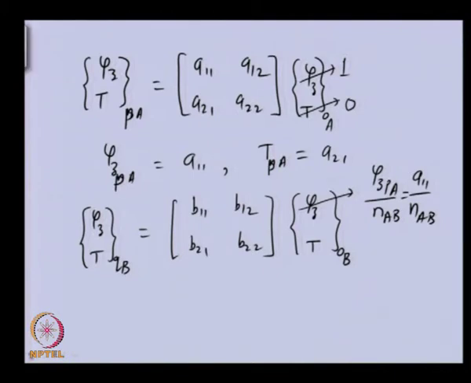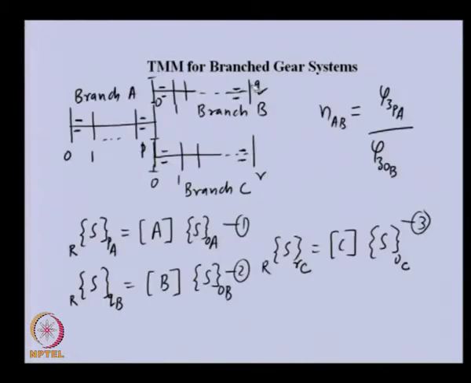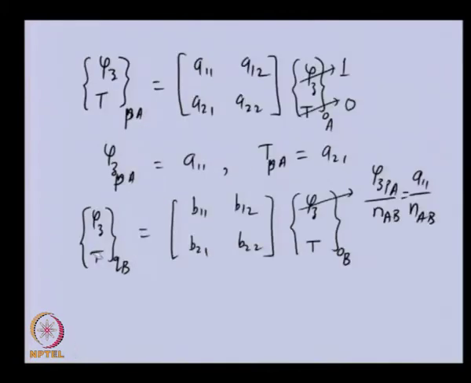If we see the other boundary condition of branch B, at this station we have torque 0. So, that means here torque is 0, and if we expand, we can get phi Z QB. This is the state angular displacement of branch B at the qth station, is equal to